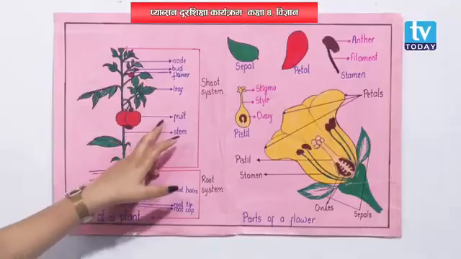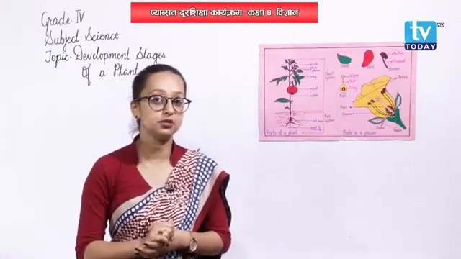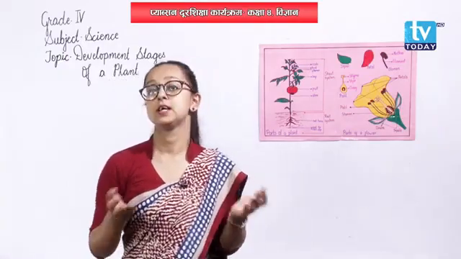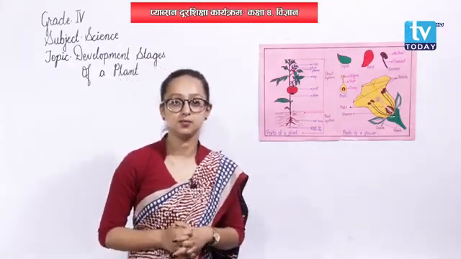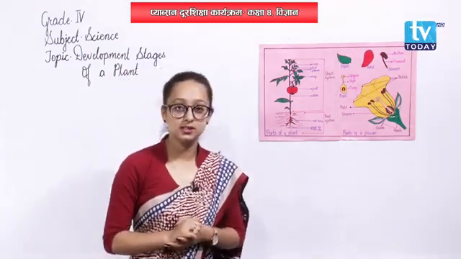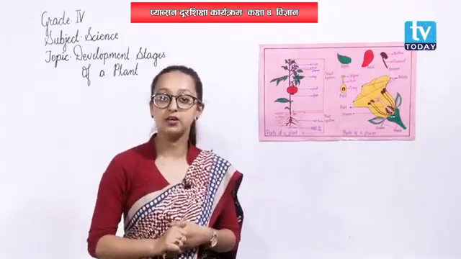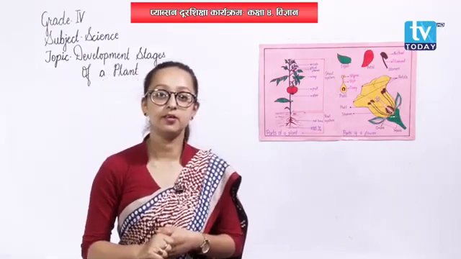The next part of a plant is fruits. Every one of us loves to have fruits, isn't it? Fruits are very delicious as well. We consume the juice prepared from fruits, and fruits are eaten raw. Yes, they are not cooked, isn't it?